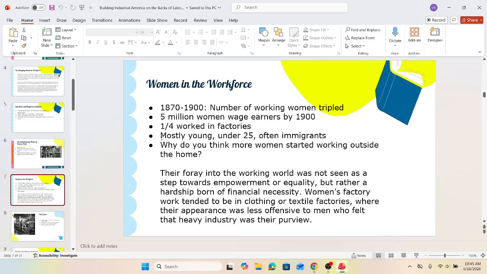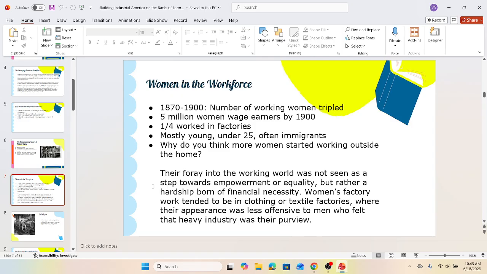Most of these women were young, under 25, usually unmarried, and often immigrants. More and more women started working outside of the home for a variety of reasons. It was a way to perhaps take a step away from the rural farm life, or if they were an immigrant, to help provide for loved ones, a step towards independence. And women were often happy to do this, happy to have the opportunity to work,